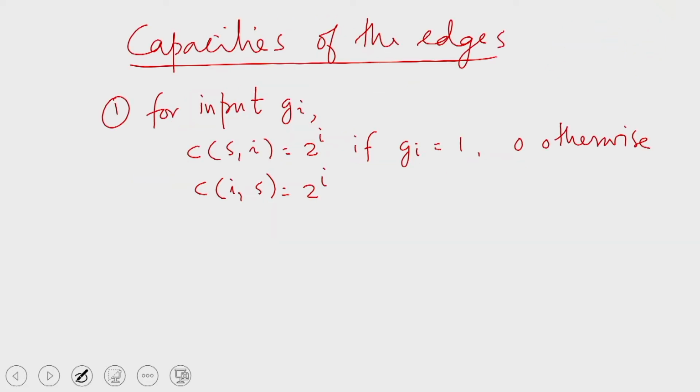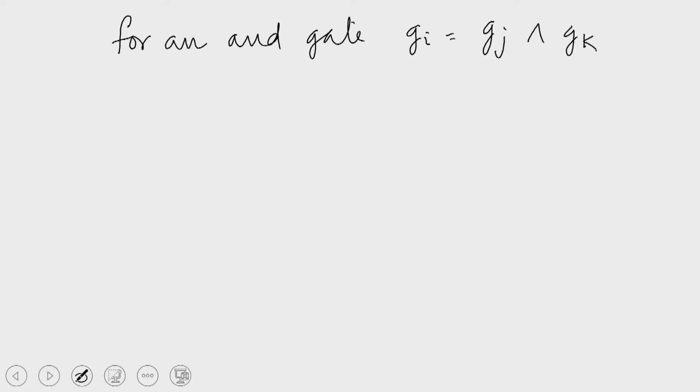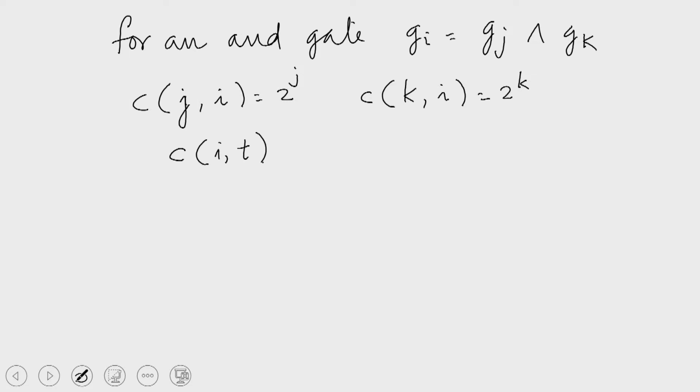C_SI is 2 power i if G_i equals 0, G_i equals 1 otherwise, and C_IS is 2 power i irrespective of the value of the input. And then for an AND gate, G_i, that is G_j into G_k, we define C_ji as 2 power j, C_ki as 2 power k, and C_iT as 2 power j plus 2 power k minus d into 2 power i,